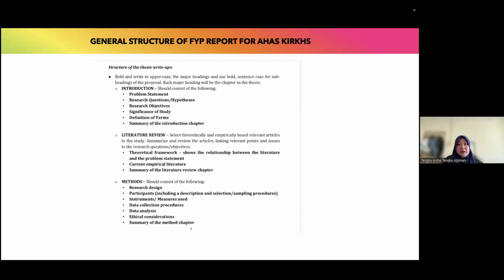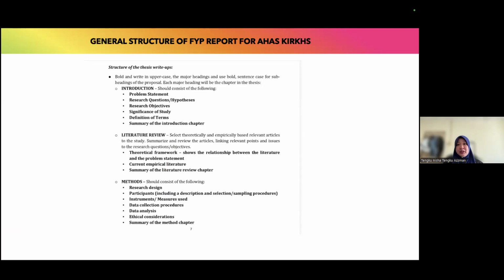Chapter 3 is methodology. So in social sciences, particularly in AHAS KRK, human sciences and IRK can be a little bit different in terms of preferred methodology. Generally in human sciences, they can choose quantitative or qualitative. Normally for psychology, for example, they like experiments. So I believe that's being done.